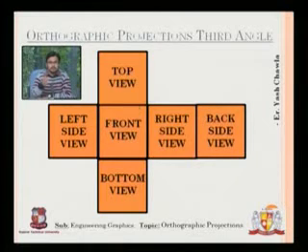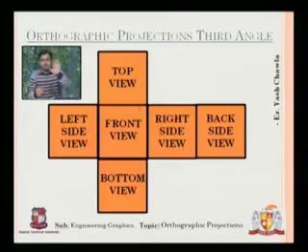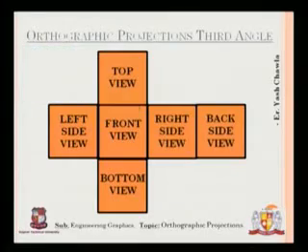Here in the third angle, we have the top view above the front view, and the bottom view is below the front view, whereas the left hand side has the left hand side view, the right hand side has the right hand side view, and beside the right hand side we have the back side view of the object. So it is just like wrapping it like this and wrapping it in this way. When you are wrapping it in this manner, say you are looking from here, this pen is the observer,